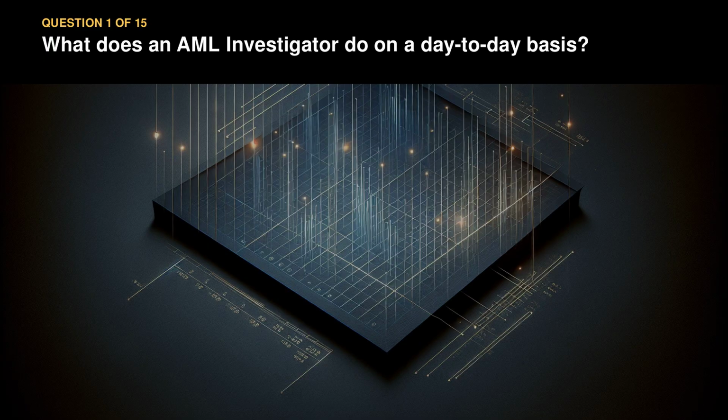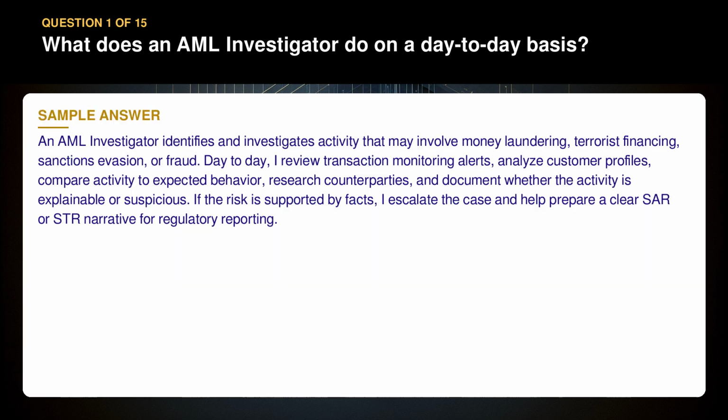Question 1. What does an AML investigator do on a day-to-day basis? An AML investigator identifies and investigates activity that may involve money laundering, terrorist financing, sanctions evasion, or fraud. Day-to-day, I review transaction monitoring alerts, analyze customer profiles, compare activity to expected behavior, research counterparties, and document whether the activity is explainable or suspicious. If the risk is supported by facts, I escalate the case and help prepare a clear SAR or STR narrative